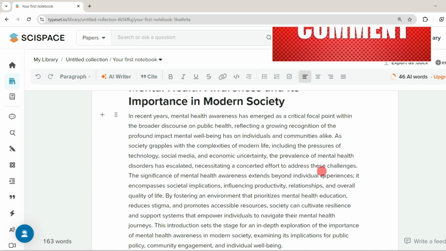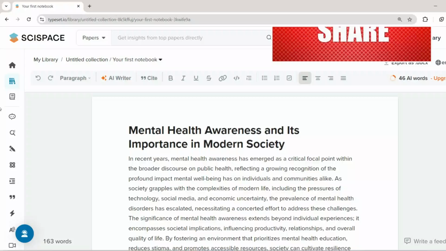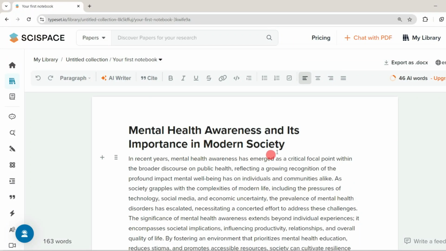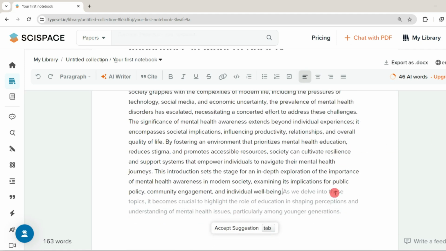You can see it has written a very well-mannered introduction on this topic, mental health awareness and its importance in modern society. After that, it is giving a suggestion in this gray color. If I like this suggestion, then I will click on tab or I can also press tab from the keyboard. That means this content I would like to add in my